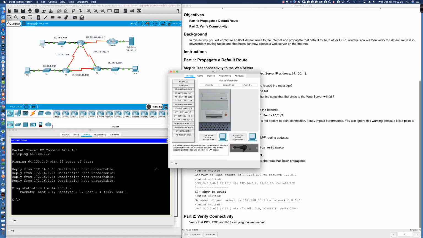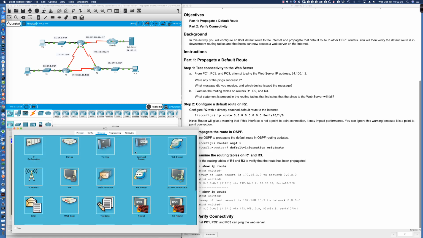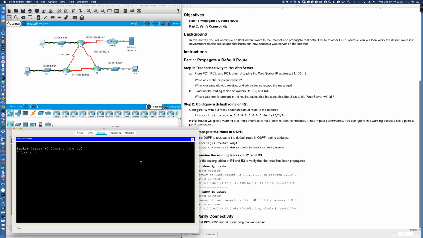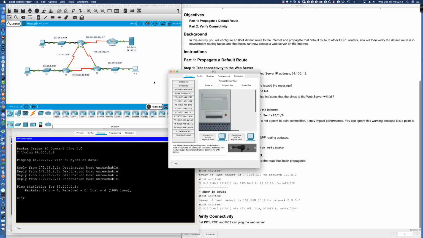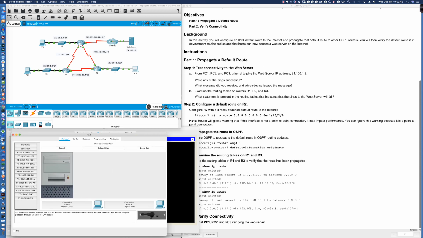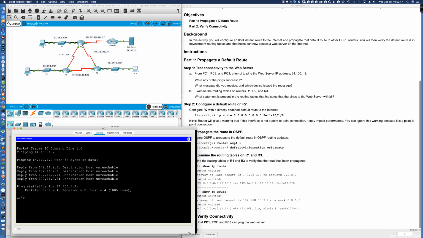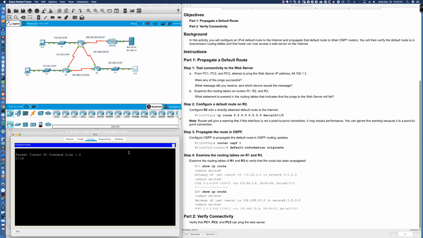What about PC2? Can PC2 reach the web server? So let's get onto the command line prompt and let's say ping 64.100.1.2, and we're getting this destination host unreachable. I'm going to talk about why we're seeing that here in just a second, but let's go ahead and wrap up here and make sure that we have PC3, and we'll pull the desktop up and we'll say ping